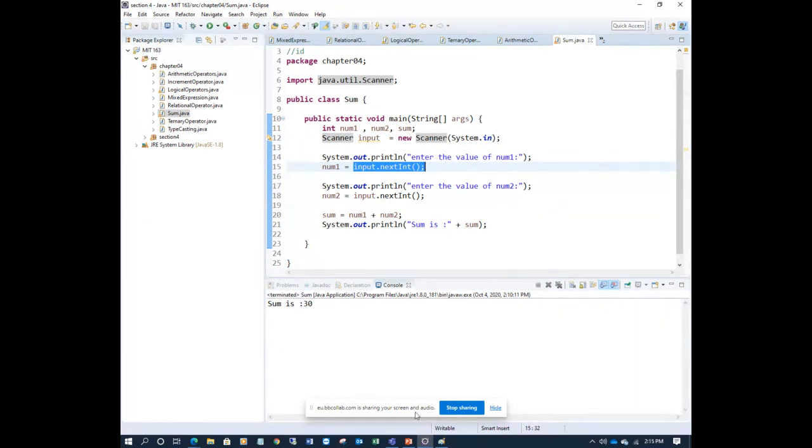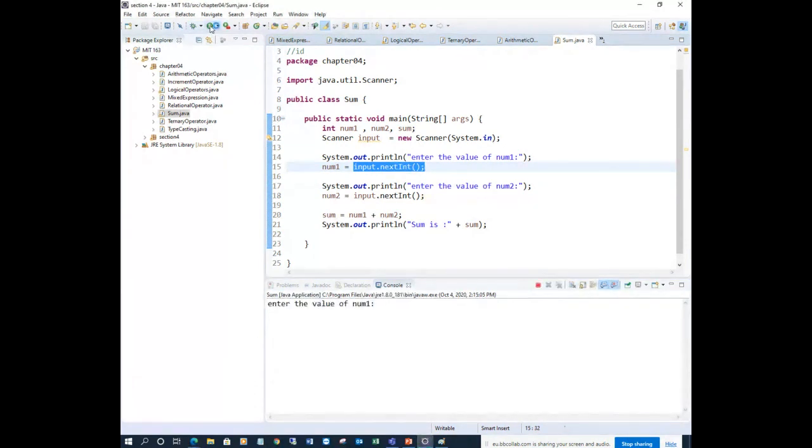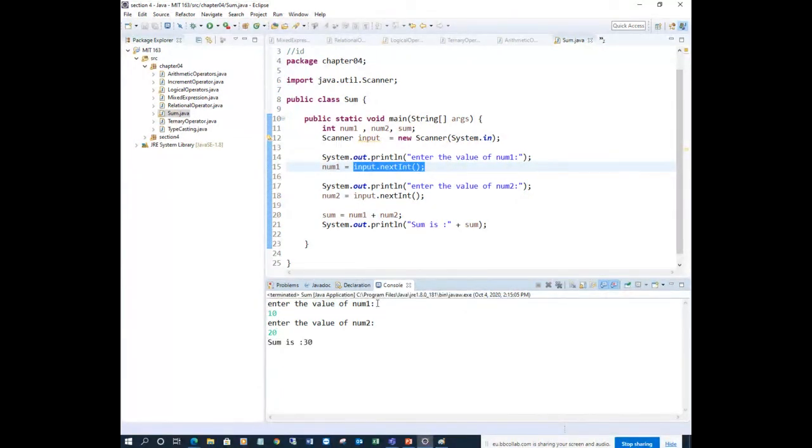Look carefully. Let's run the program. See here, the program is running but not stopping. So click here and enter the value. For example, I enter 10, in green color, hope everyone can see. This is number 1. Hit enter. Next, it's asking for another number, number 2. I'm entering 20. Hit enter again. So the sum is 30.